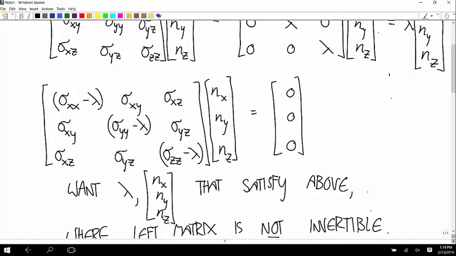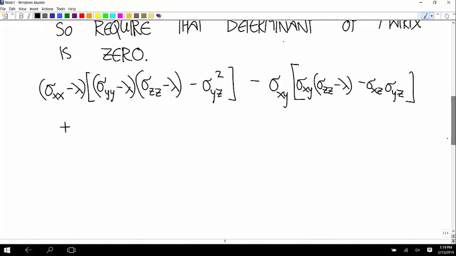So now we're going to multiply everything by sigma xz, cross out this row and column, and multiply this times this minus this times this. Okay, so we have sigma xz times the quantity,